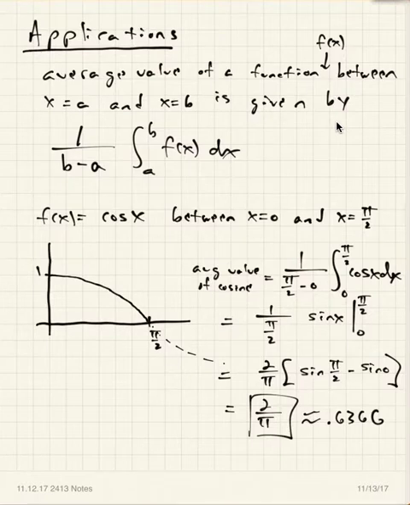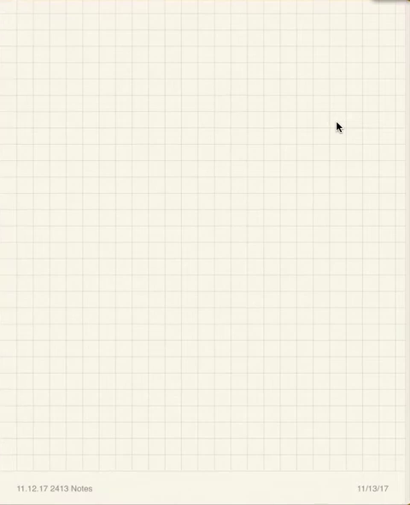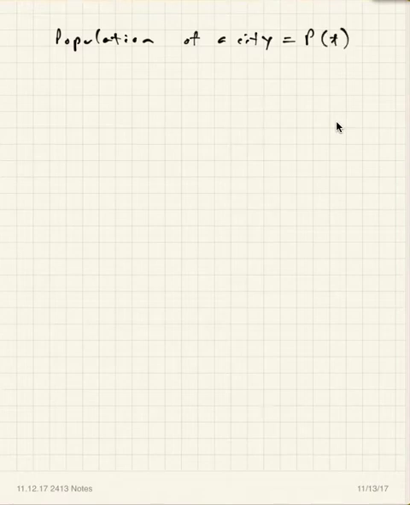All right, so if the population of a city was given by P of t, like that, and let's say time 0 equates to the year 2010, then the average value, then the average population